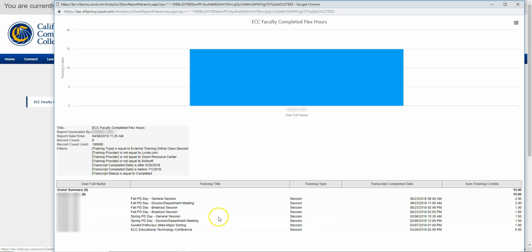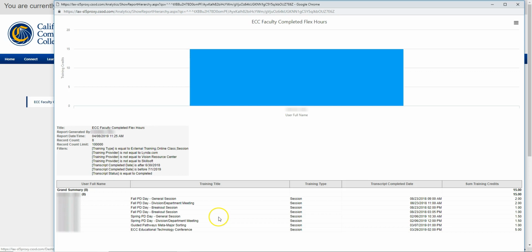Along the same lines, if you notice that there's an activity you completed during the spring that isn't showing here, it may still be on your transcript as registered rather than completed. That usually happens if the instructor for that class took roll and clicked the Save button rather than the Submit button. Go ahead and email the instructor, and if need be, you can direct them to the video in this playlist called Taking Roll Part 2.